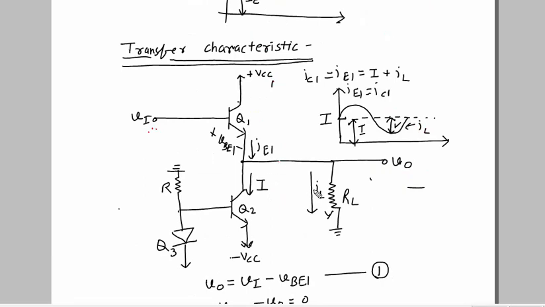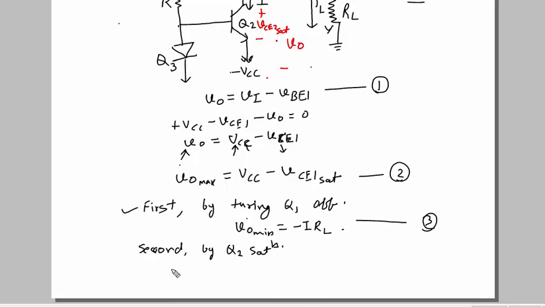Let's say from here to here, this value is V0, and this is the VCE of Q2 in saturation. So V0 will be minus VCC plus VCE sat 2. So by keeping Q2 in saturation,